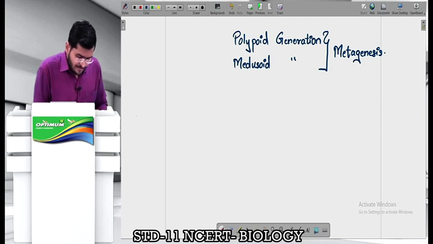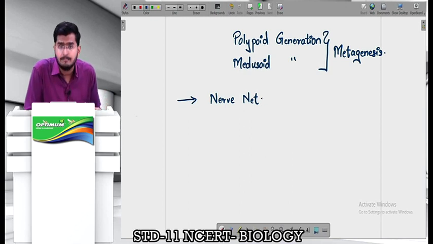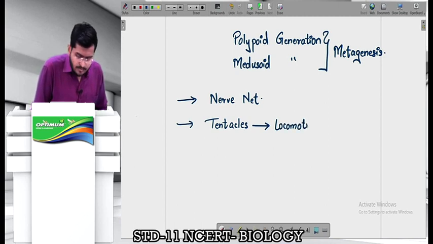Now please understand students that other than this, we have to understand that these organisms have a nerve net which is spread throughout the length of the body. So this is the beginning of the nervous system, wherein the entire length of the body is covered by a diffuse structure of nerve net. Okay, other than that, let me tell you that they are going to have tentacles. These tentacles basically are useful for locomotion and also for capturing prey.